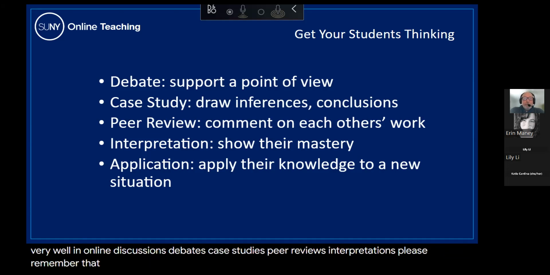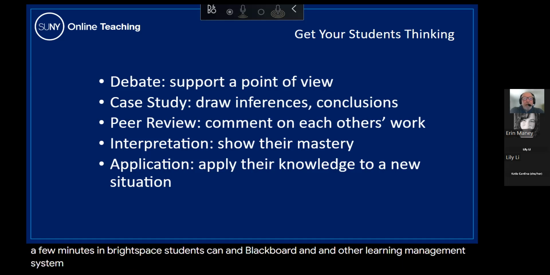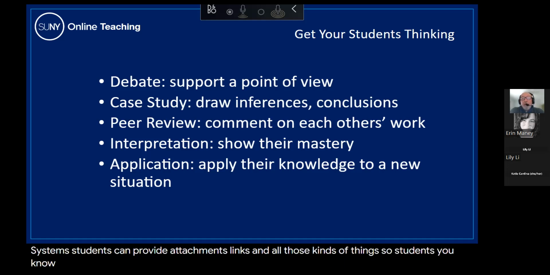Please remember that in Brightspace, and I'm going to show you how to create a discussion in Brightspace in a few minutes, in Brightspace, and Blackboard and other learning management systems, students can provide attachments, links, and all of those kinds of things. So students can be encouraged to bring in artifacts